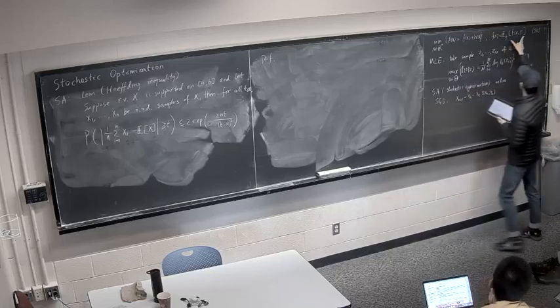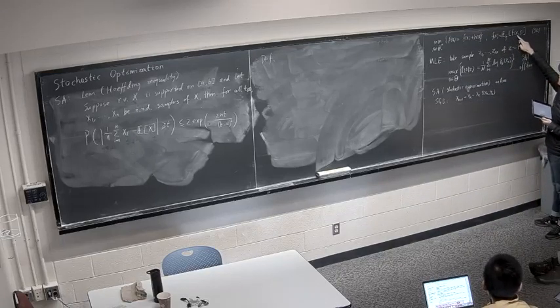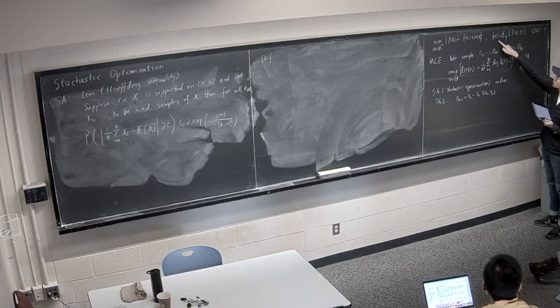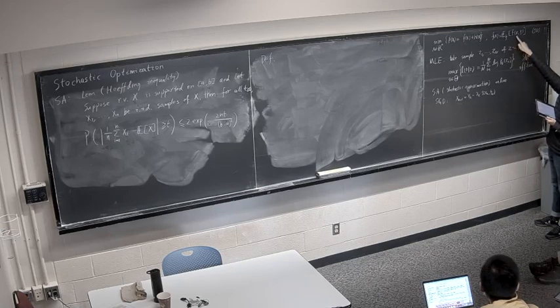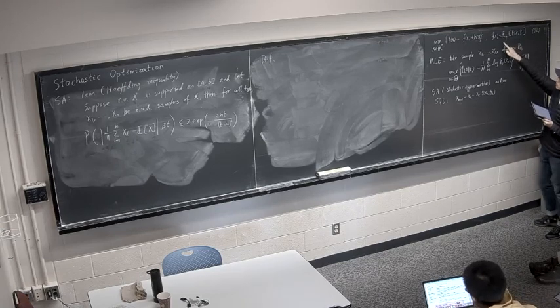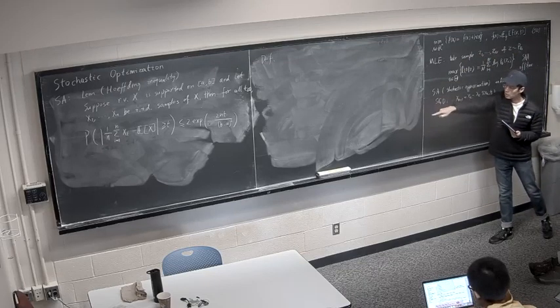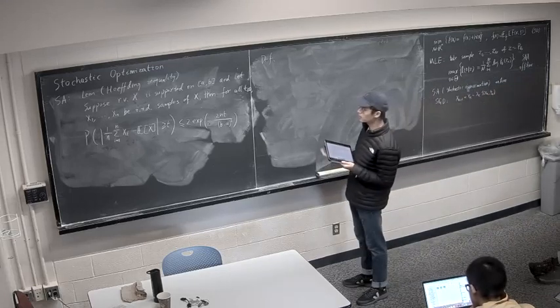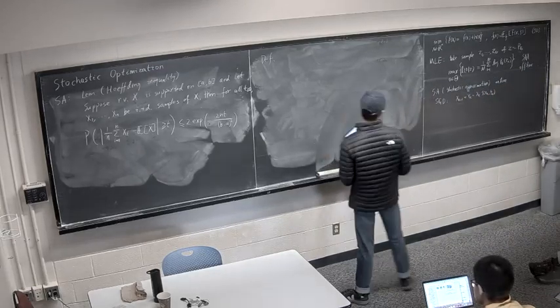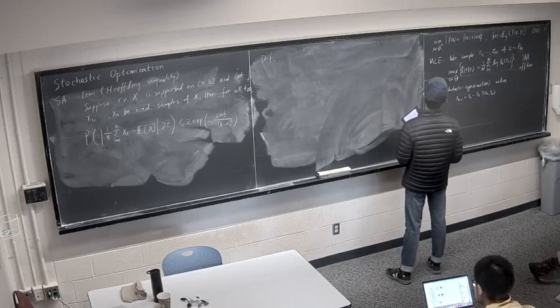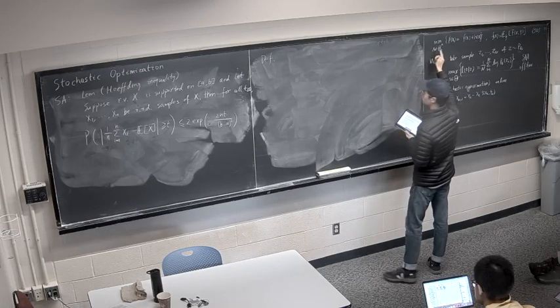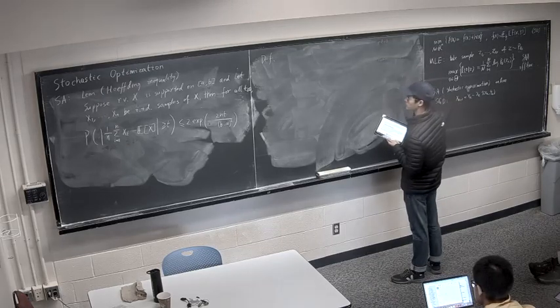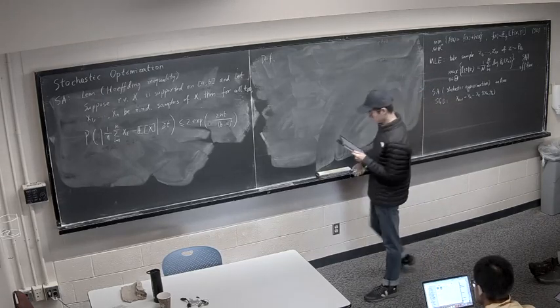so this expectation not only depends on c, but also x. If x varies, then this expectation, because it's a function, right? Then the expectation will be different. But there it's only for one fixed x, where we need all the x in Rn, or all the theta in the domain capital theta. Right? That's the difference. So we need to somehow turn this. There are infinitely many points x. We need to turn it to an object with just finitely many x. So